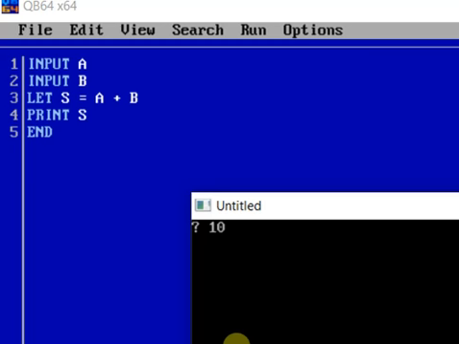Now you have to press enter. Another question mark appears. This question mark is due to the second input statement, and whatever value I will give here, that will get stored in B. Now if I press enter, it will process the output and display it. That means 10 plus 20 will be calculated and stored in another variable S, and that will be printed in the next line. Due to this print S, it is printing 30 here.